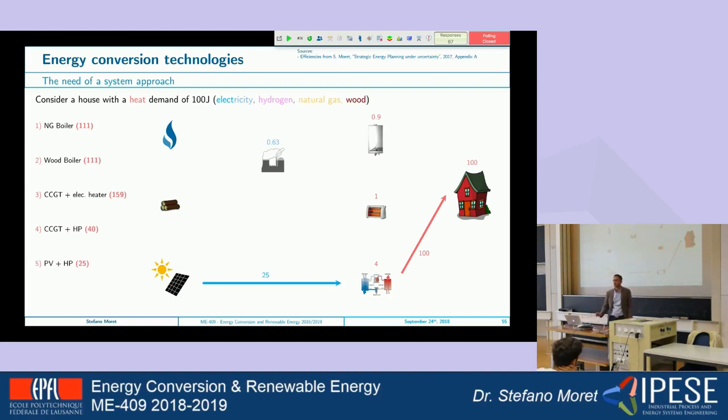But then you can also say, well, I could produce this electricity with a solar panel on my roof instead of with the gas cycle. In this case, you have an efficient and fully renewable system. Then, of course, you have to deal with the problems of solar related to intermittency, storage and so on. But you see that you can go down to that.